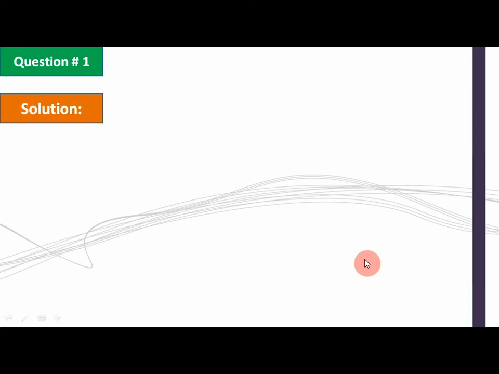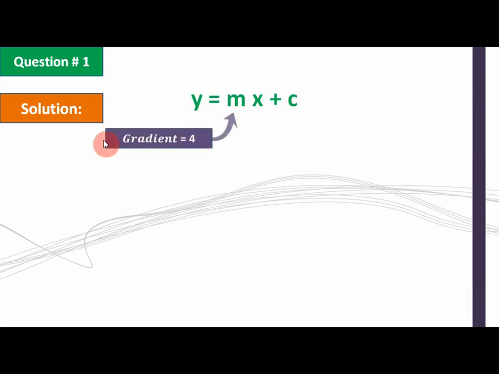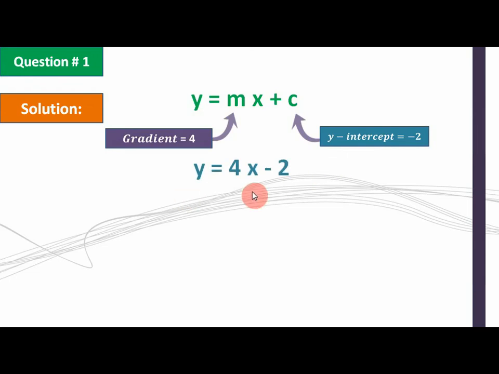Now we are going to write the equation y equals mx plus c. Here we have the gradient equals 4 and the y-intercept equals minus 2. So simply we write y equals 4x minus 2. So this is the equation of the line. I am repeating that. First we have to calculate the gradient, then we have to calculate the value of c or y-intercept. Now both the values we put in the general form. We got the answer, y equals 4x minus 2.